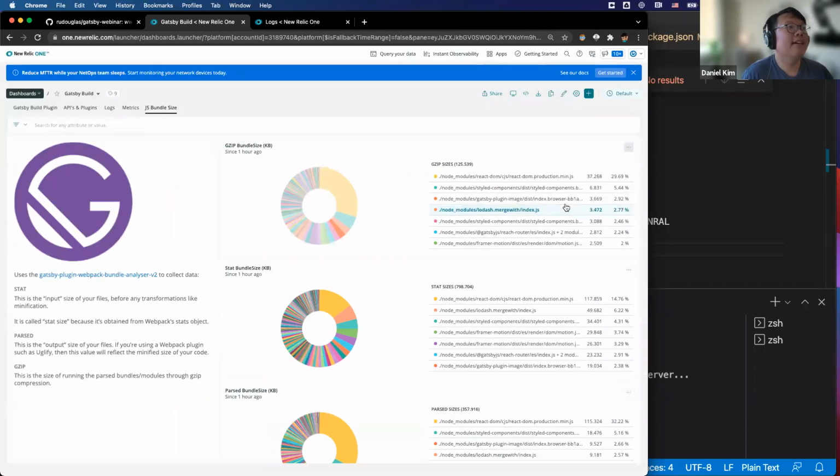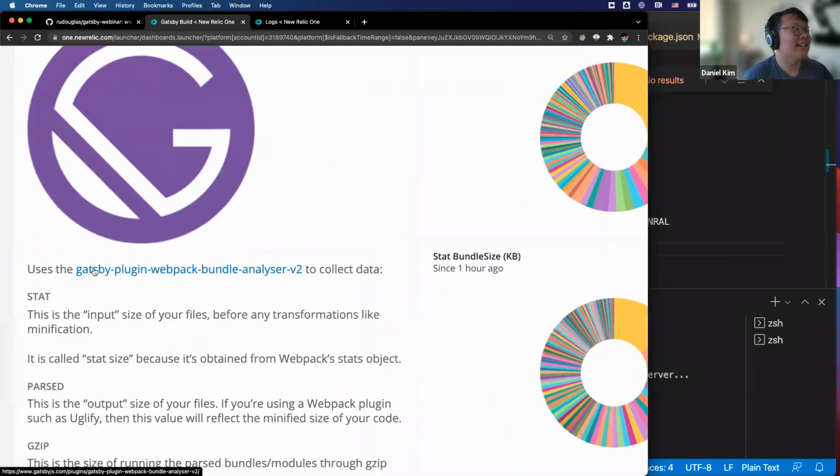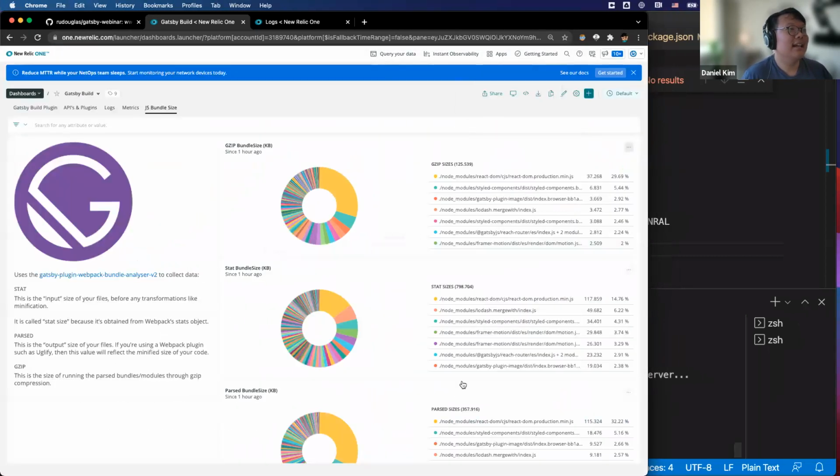We can actually identify these and delete them to reduce the size of your Webpack. So it's really useful to see what's contributing to your overall Webpack bundle size, and then it allows you to delete various things to make it more efficient. And we use the handy dandy Gatsby plugin Webpack Bundle Analyzer to actually get this data. But you can get this all in your dashboard automatically through our plugin.